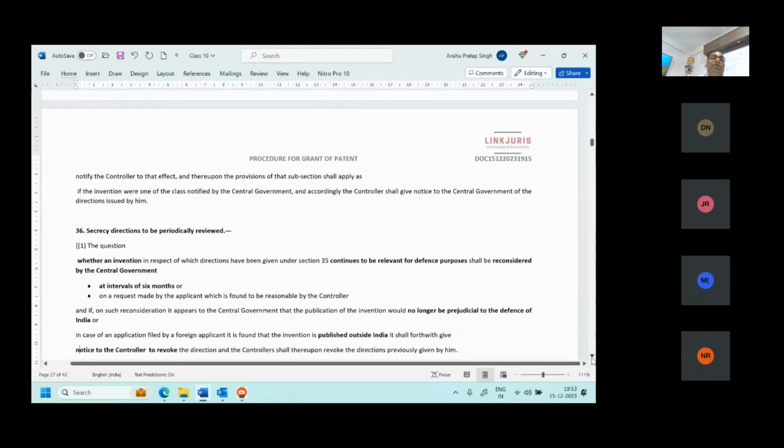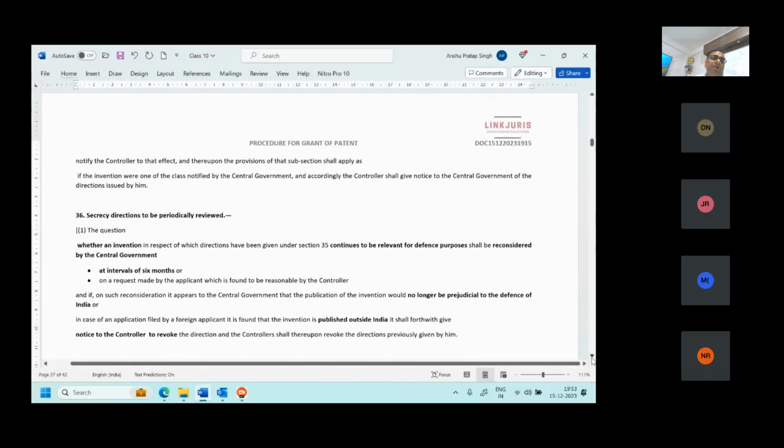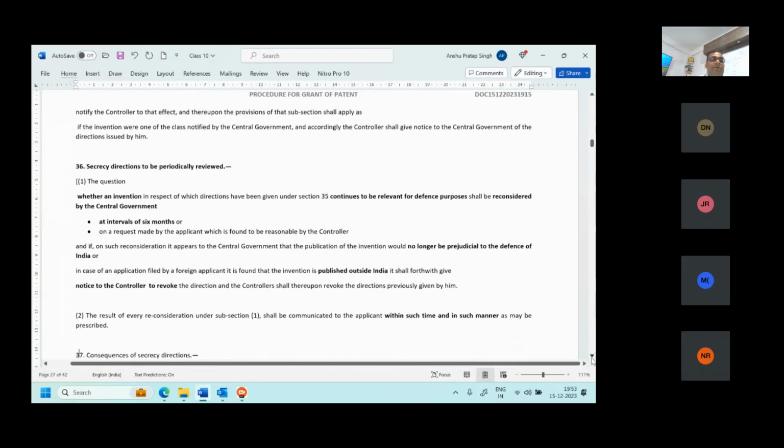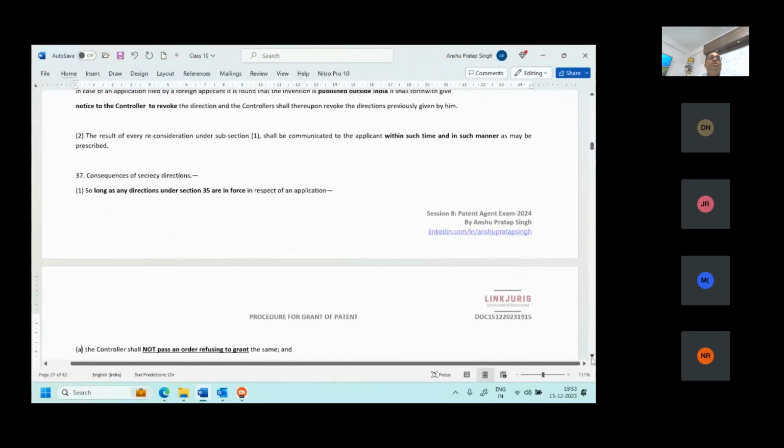Then section 36 says that secrecy directions, once given, should be periodically reviewed. The review can be on the basis of the period, that is, time passed, as well as on the request of the applicant. Then what are the consequences of a secrecy direction?